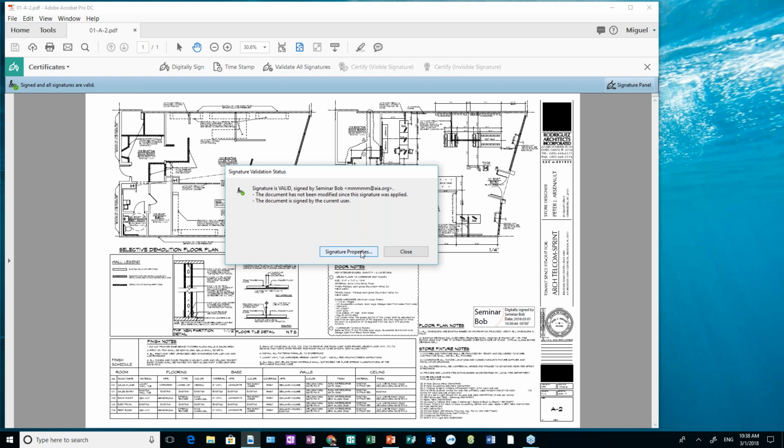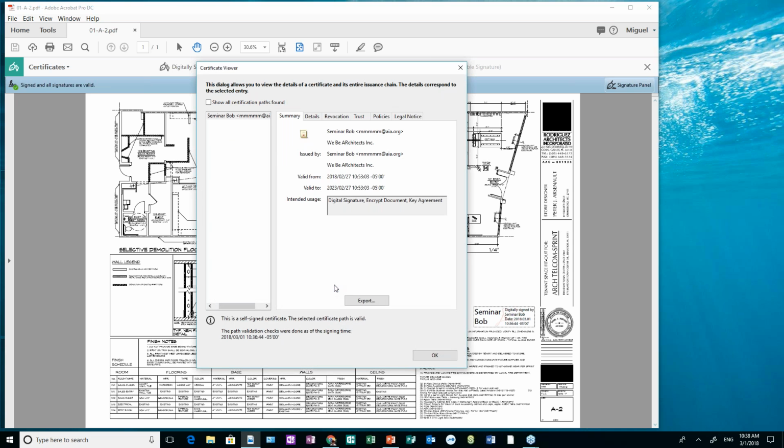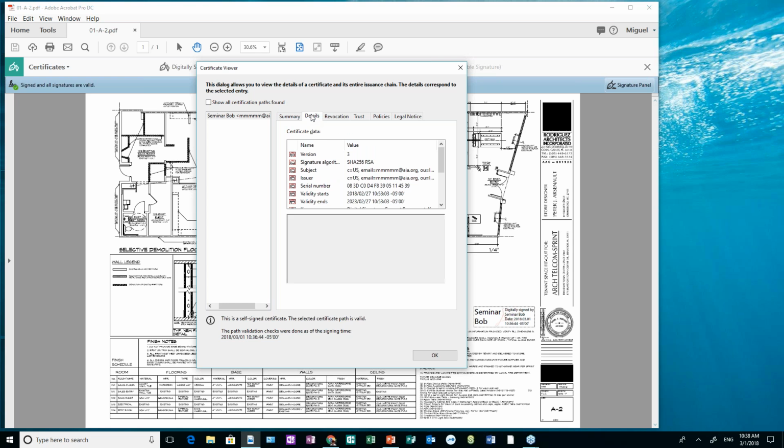So there it is. If you want more information, signature properties gives you all of this other stuff. If you want to see the certificate, which I created, it's called a self-created certificate. Here it is, and you can see when I entered all of that stuff. This is a summary. Seminar Bob works for We Be Architects, and they're at that email address, and this is the validity date, because these things are set up to expire at a certain point to force you to redo them. And there's more details, which here's all your security protocol garbage,